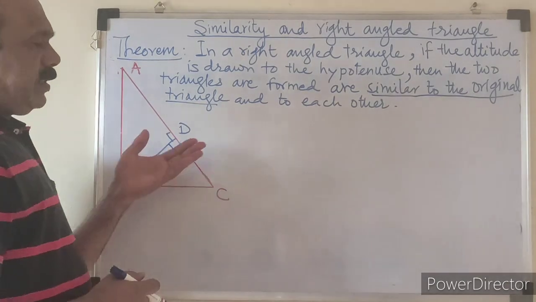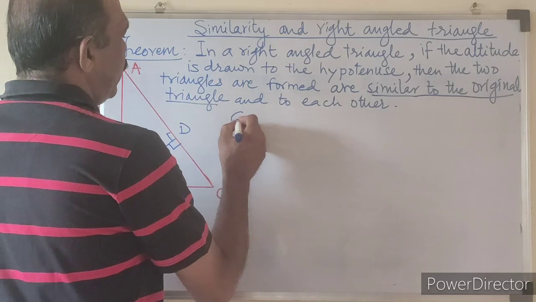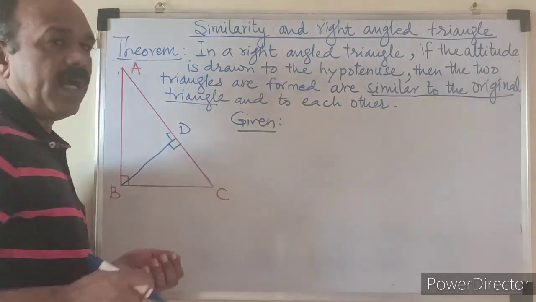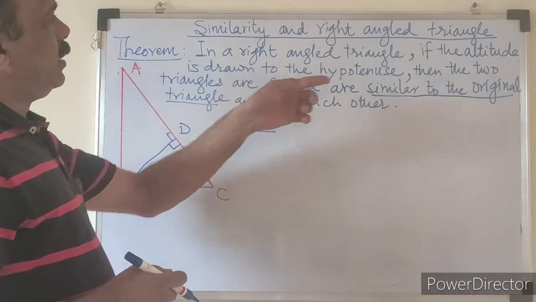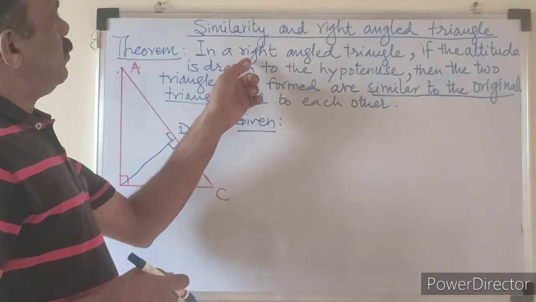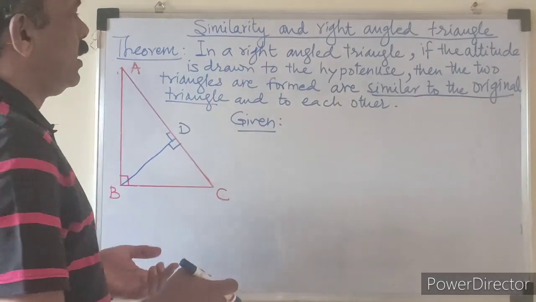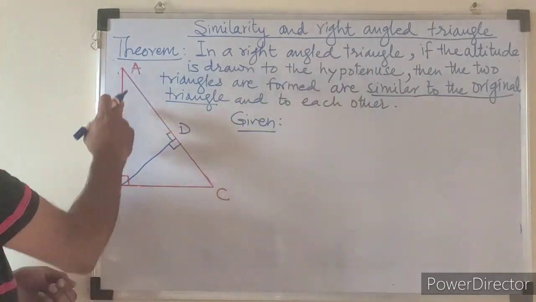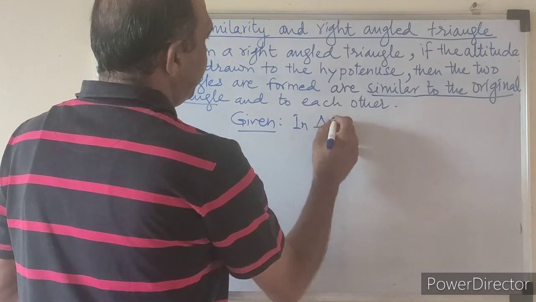We will see the detailed proof. According to procedure, first we will write the given part. The first statement, the statement after the if, is the given part. So in a right angle triangle, which is the right angle triangle here? Triangle ABC. So in triangle ABC,